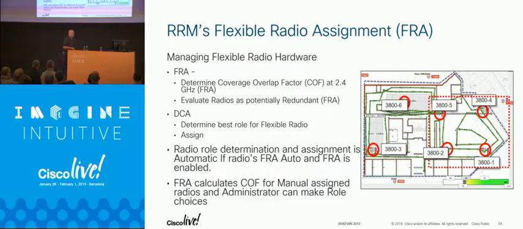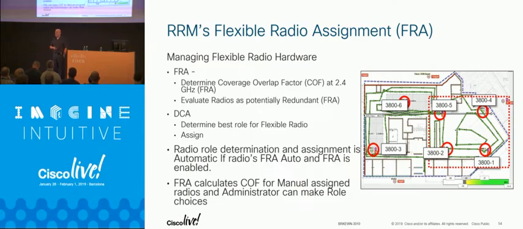So now we thought it'd be great if we had an algorithm, because anybody in here gone through the exercise of identifying and shutting off the right 2.4 gigahertz radios, it's kind of painful, isn't it? Yeah. And it doesn't stay that way forever if somebody else gets in behind you. FRA's job is to listen to all of 2.4, and it only operates in 2.4. And it hears all those neighbor messages, and its job is to determine whether or not you can cover this radio with other 2.4 in the air, or you can't.